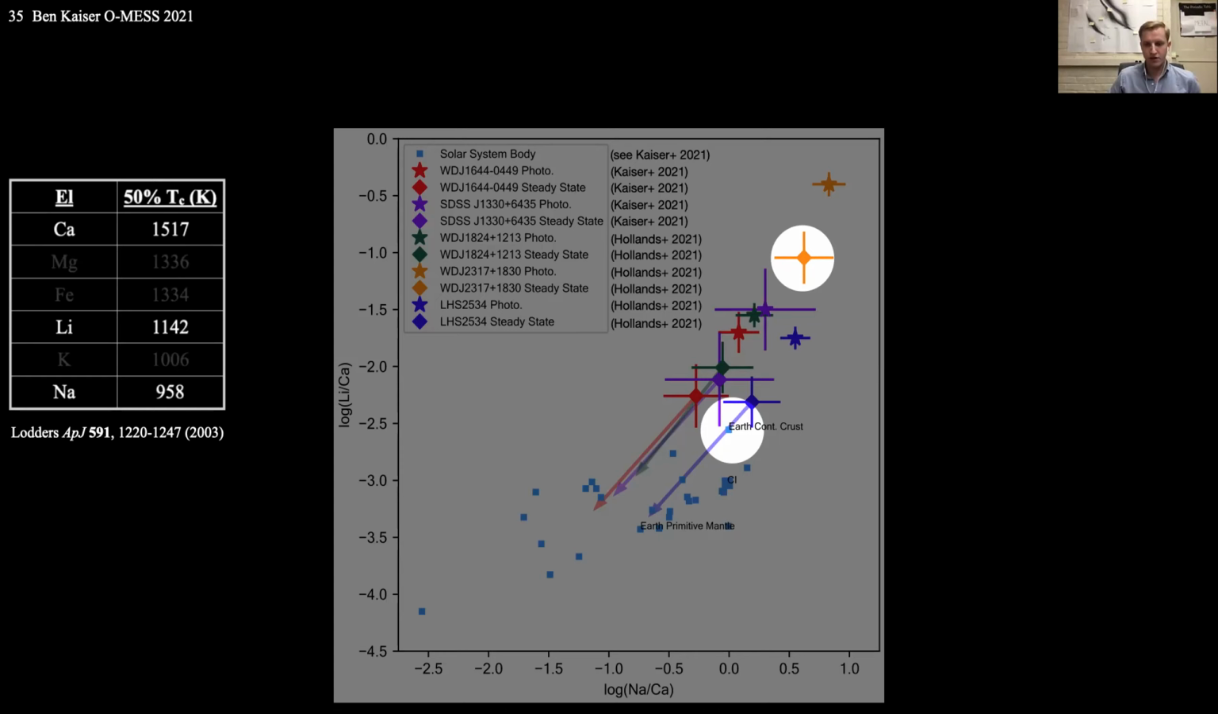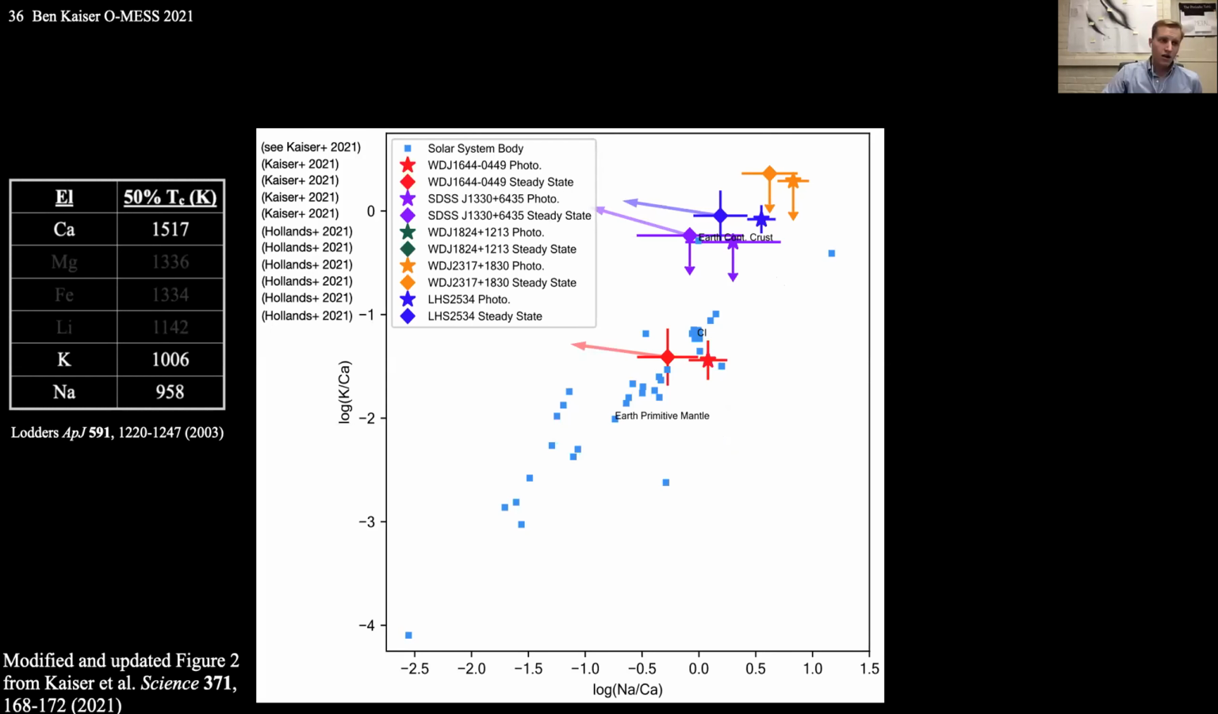As kind of a nuance point here, we're not claiming J2317 orange has more lithium than the meteorites in the solar system per se. Rather, it has less of everything else in it, because remember, those weren't synthesized as much early in the universe. If we instead look at potassium and sodium relative to calcium,